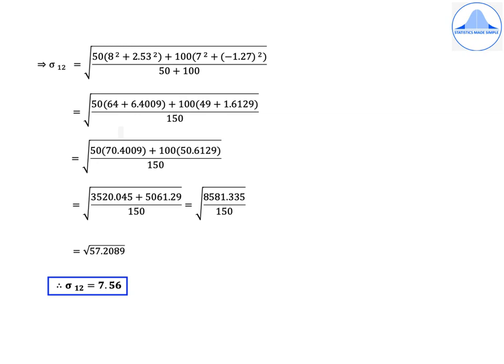Sigma 1 2 will now be root of 50 into 8 square plus 2.53 square plus 100 into 7 square plus minus 1.27 the whole square, which is equal to root of 50 into 64 plus 6.4009 plus 100 into 49 plus minus 1.27 the whole square becomes a positive value, which is 1.6129 divided by 150, which is equal to root of 50 into 70.4009 plus 100 into 50.6129 divided by 150, which is equal to root of